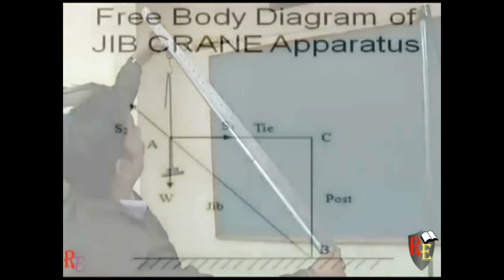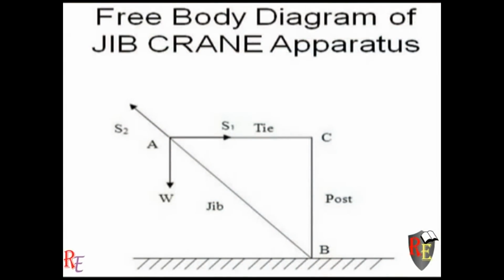and the remaining portion from the center of the pin, and by adding these 2 portions we get the length of the jib. Now there are 3 forces S1, S2 and W acting at the point A, and they keep point A in equilibrium, whereas the magnitude of force W can be treated as correct. The readings of S1 and S2 may not be correct because we neglect the weight of the chain and spring balances in tie and jib member. This is the source of error in this experiment.